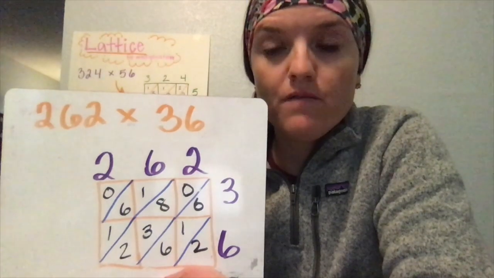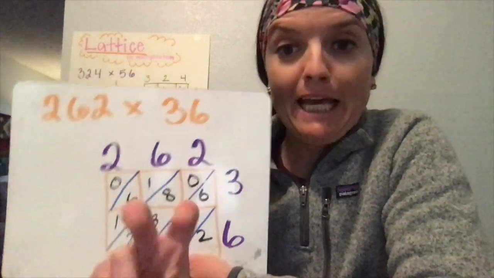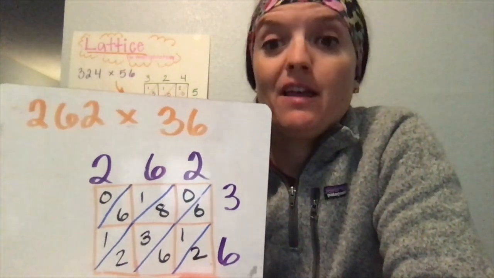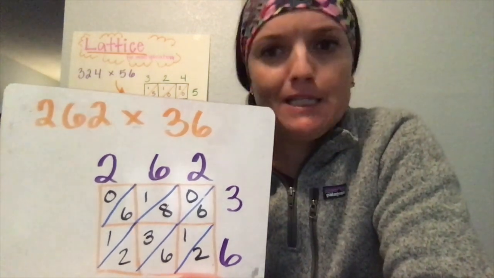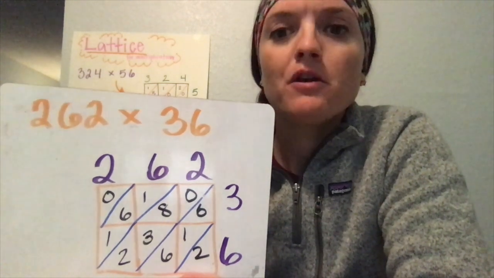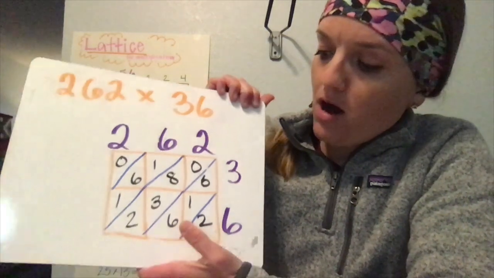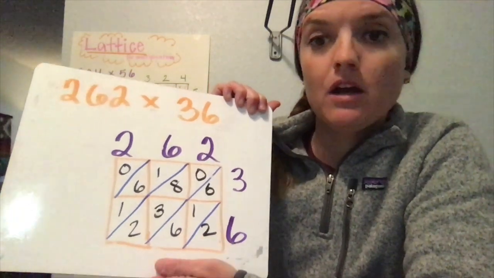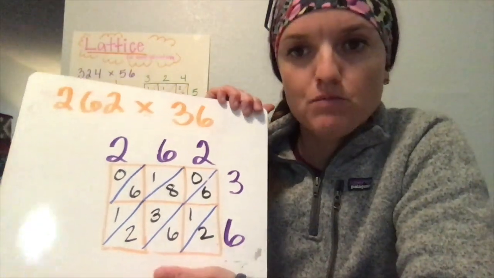All right, so all of my answers are filled in now. This is where our lanes are going to be used, and this is where you have to be really neat about it, or it gets really sloppy and confusing and we're not sure what we need to do. So we're going to start from our smallest lane right here, and we are going to add whatever's in it. This one only has a 2, so we're just going to write down 2 right below. Our next one